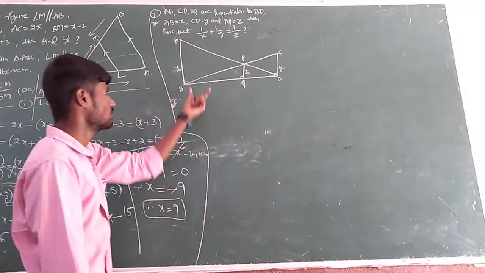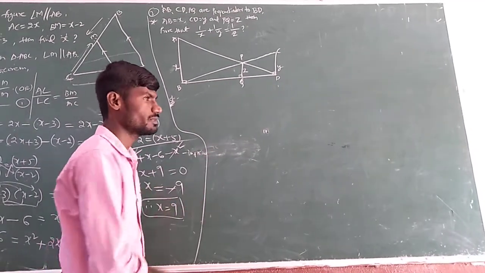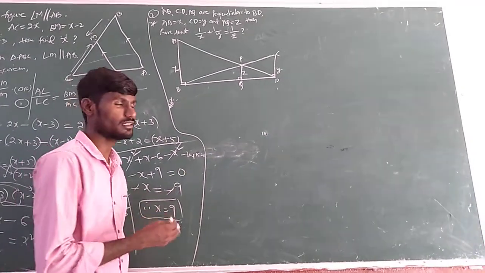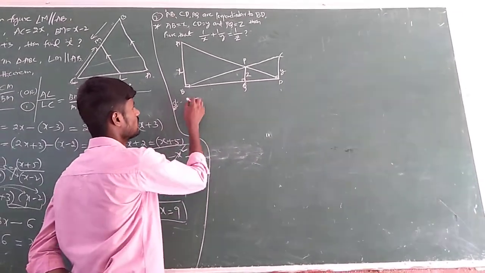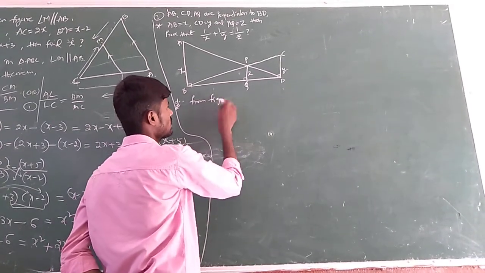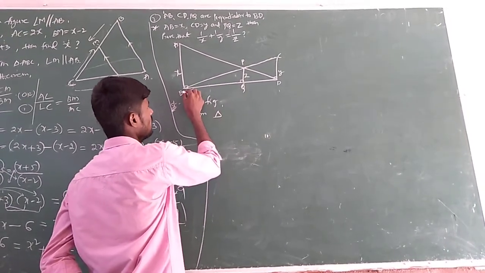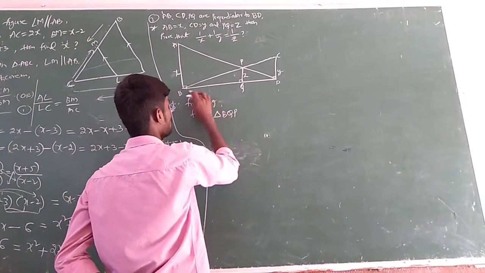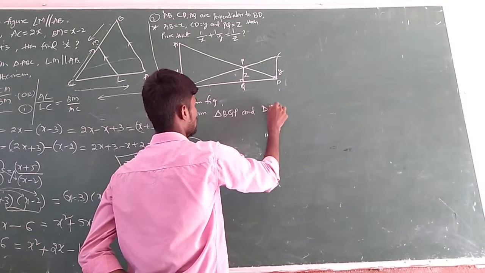To prove this, if you observe this figure carefully, I am going to solve this problem based upon the similarity property. So what does that mean? If two triangles are similar, then we can take the ratio of their sides, the corresponding sides of the corresponding triangles. Let us observe from this figure the triangles. See here, BQP, this smaller triangle, and the bigger triangle BDC, triangle BDC.